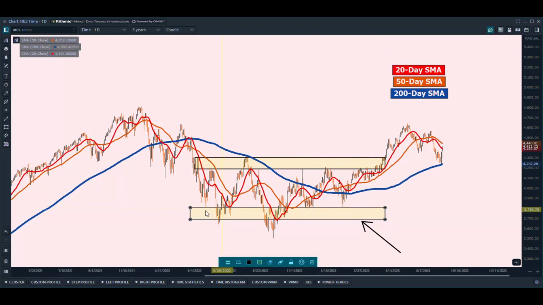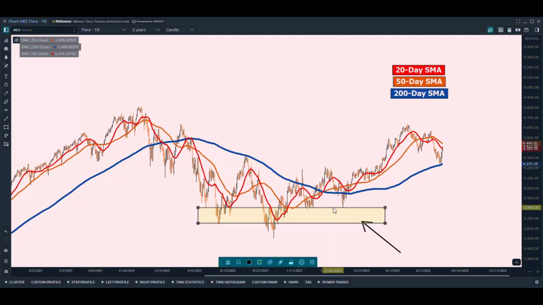And no range is going to be perfect, but you can see we were trading within this general area. And when you're range bound trading, a longer term moving average like the 200 is going to start to flatten out because all of these data points are now trading within the same area. And just based on the math of the moving average, as you get more days that are trading within the same price range, notice how the moving average starts to flatten out. And this was a general indicator that we may be starting to reverse